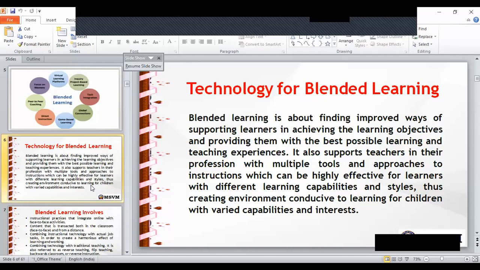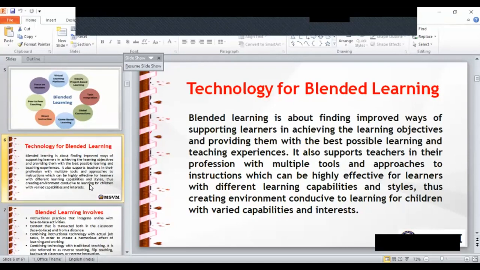This model relies mainly on technology as the primary means of delivering materials, and platforms like Google Classroom, online forms, PPTs, digital libraries, etc. can be used effectively in this model of blended learning.